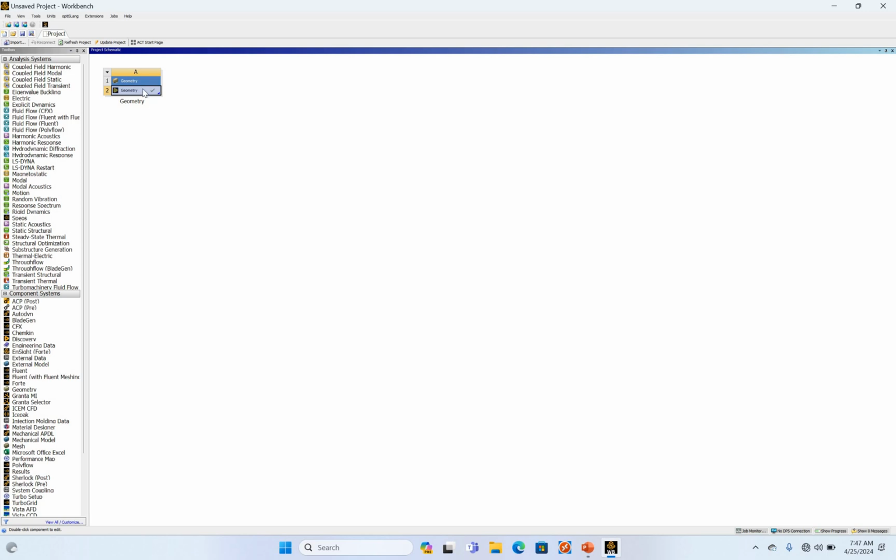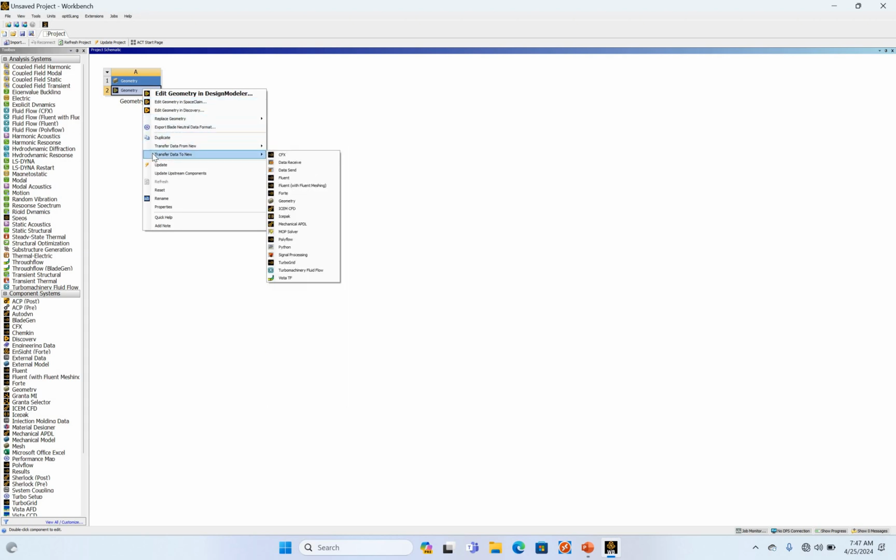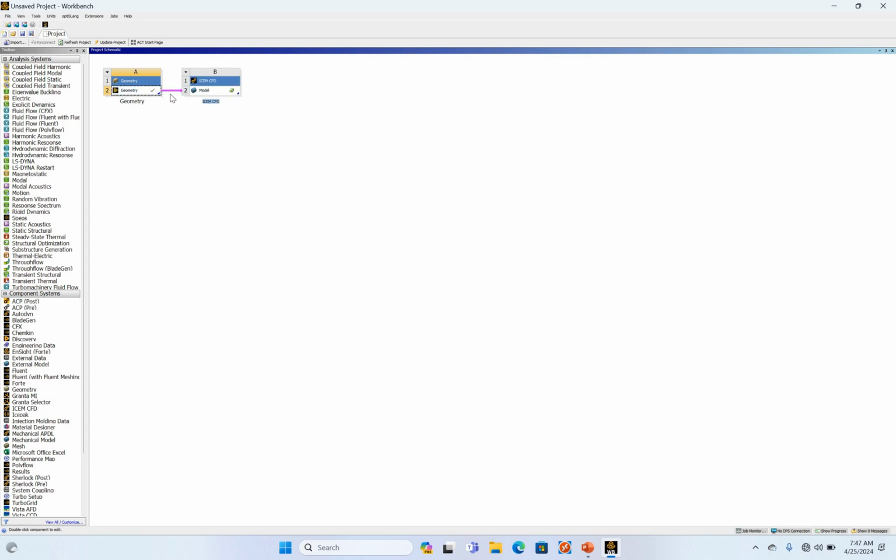If you want to start from this, you can right click here and transfer data to new ICM CFD. Here the geometry will be automatically imported to your ICM. So you can click here and